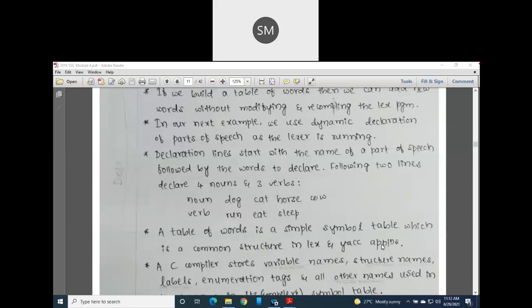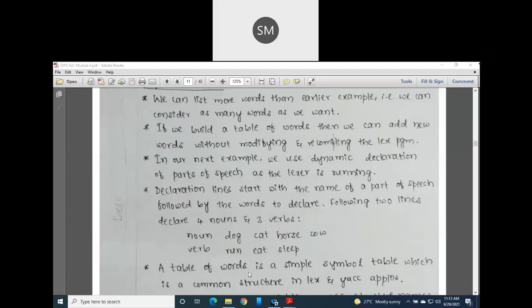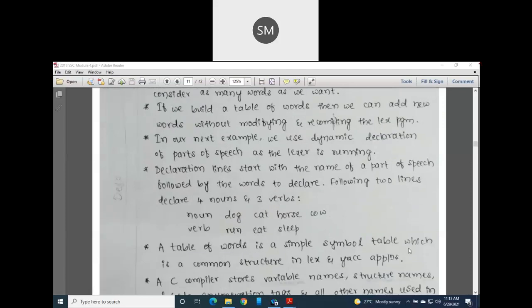Whatever input you keep on reading, all those input characters, lexemes and tokens keep on being added to this symbol table. And if it is a data type, what is the size of that data type; and if it is a variable or identifier, what type of variable it is, what is the data type of that variable, and what is the length or size of that variable. Every piece of information we insert in this symbol table, guys.